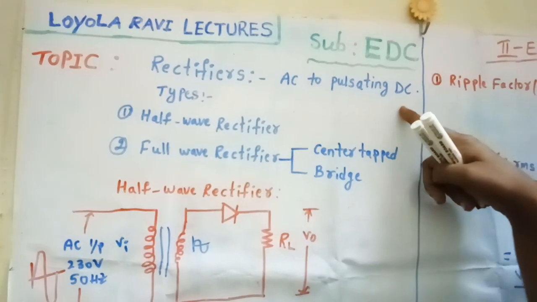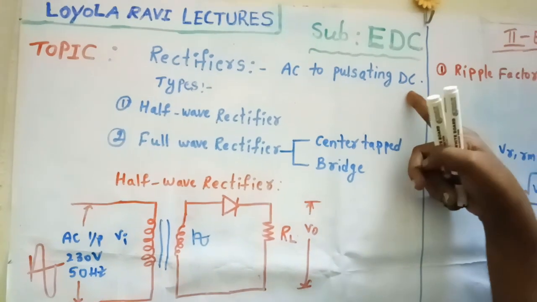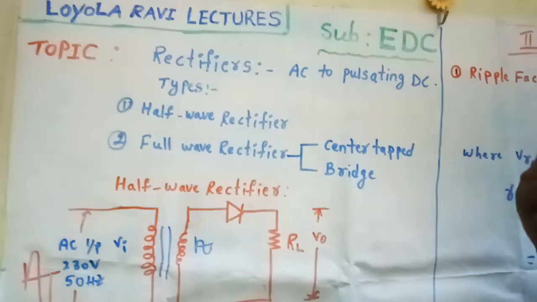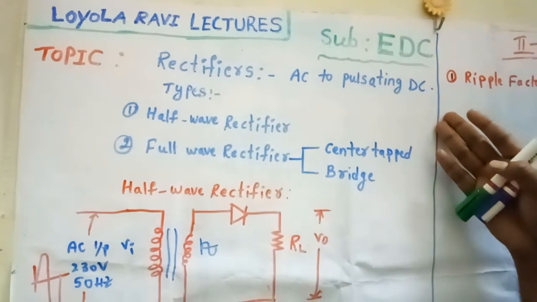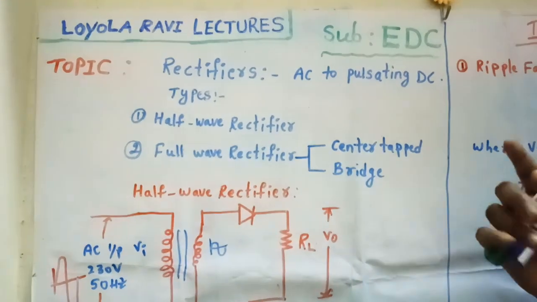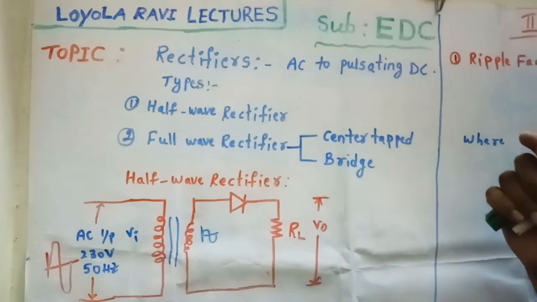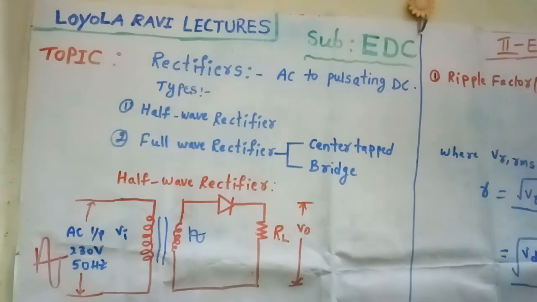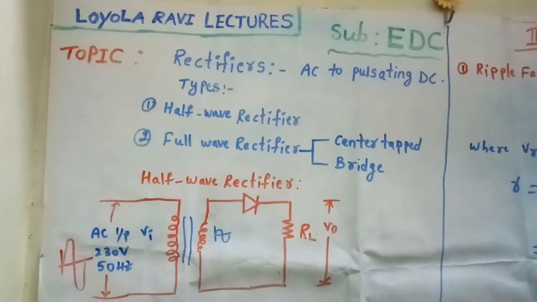So the first step is that the rectifier converts AC to pulsating DC, which still has some amount of AC in it. After that, by using a filter we can convert it into pure DC, so that we can use it for all our electronic devices, which work on a DC supply. Now go for today's topic, rectifiers. What converts AC voltage into pulsating DC voltage is nothing but a rectifier.